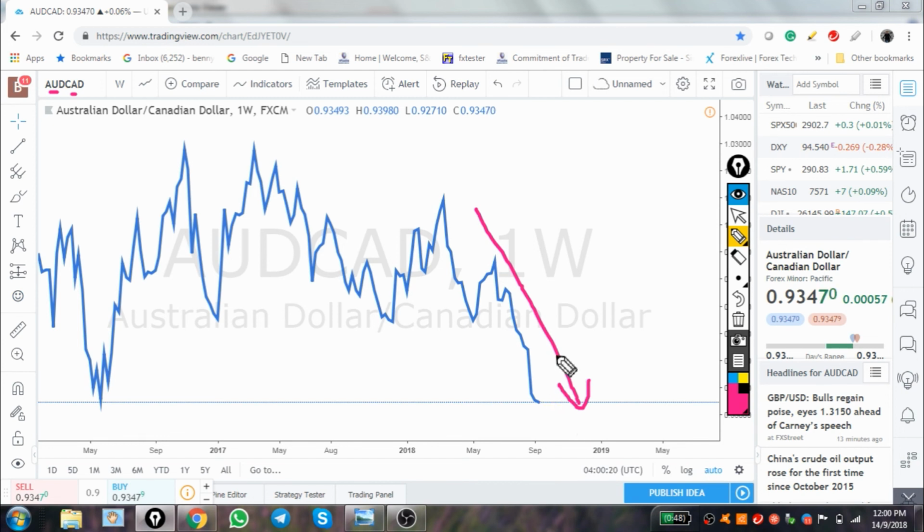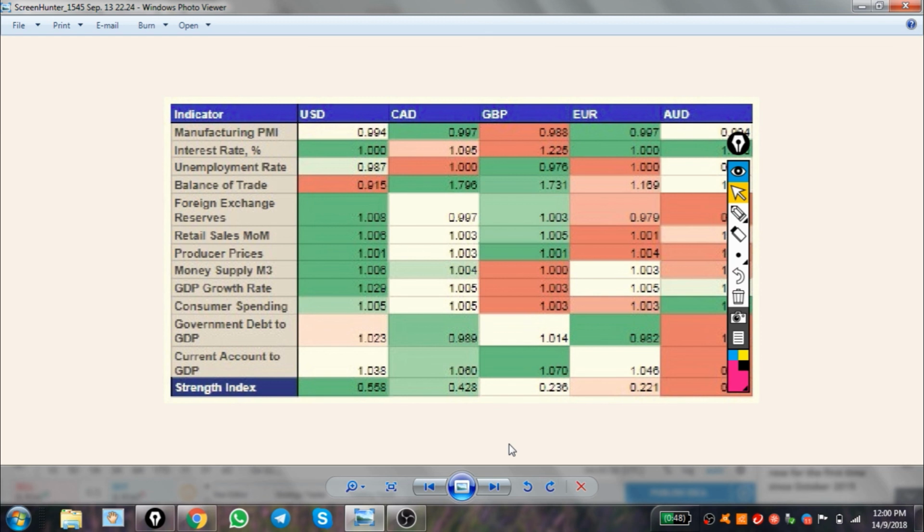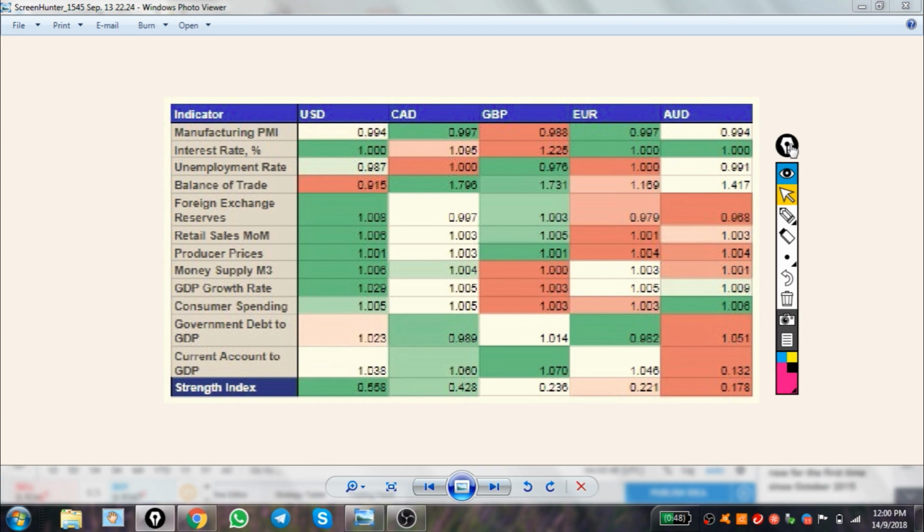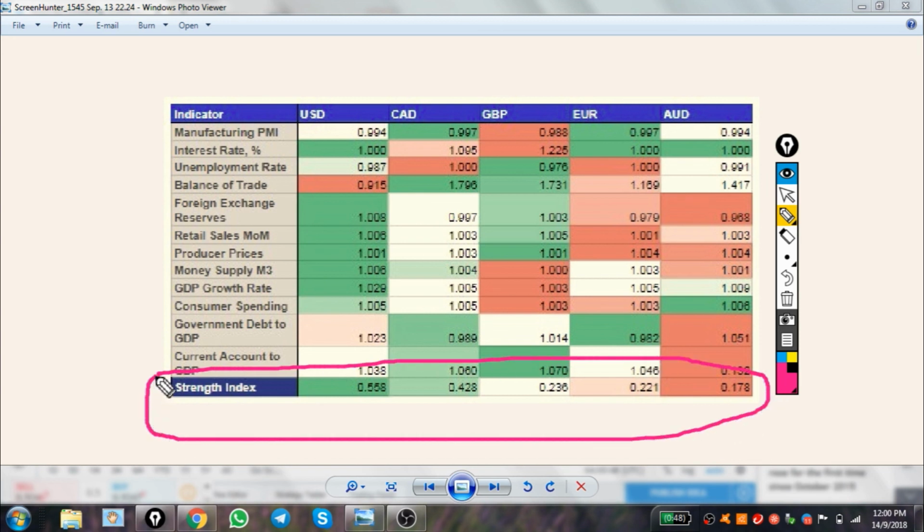So how can we make use of this? If we are going to sell Australia, are we going to sell when the price is so low? Obviously not. We are waiting for price to retrace a little bit higher, then we start to sell again. I think this is very simple yet easy to see. It gives you a very clear look just at a glance. Immediately you know what currency you should look to buy and what currency you should look to sell.